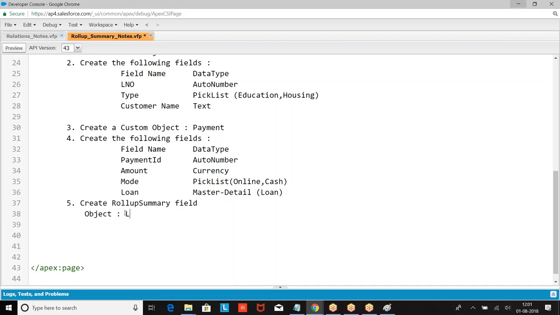Object loan, name. Then we had a child object. What is the child object we had?